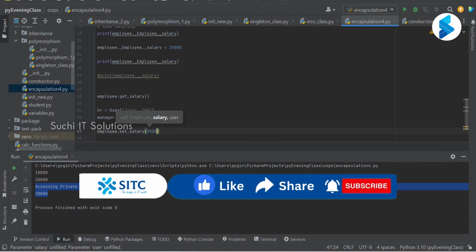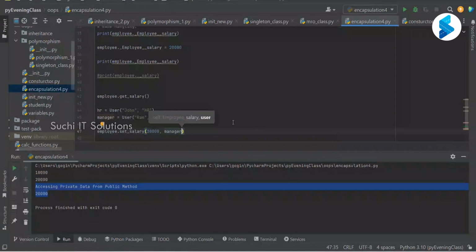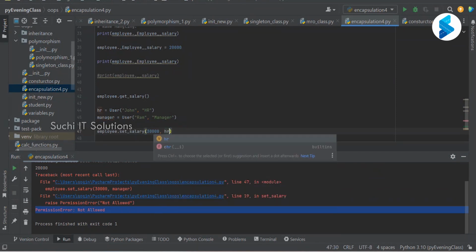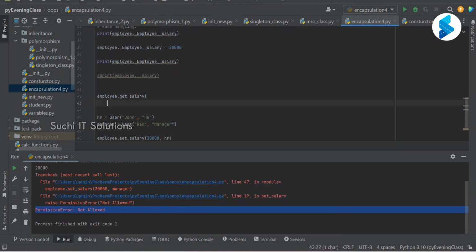I'm going to say 30,000 and I'm going to pass the manager object. He is trying to modify, but if I run this, it is going to throw a permission error, not allowed. But if I change this to HR,